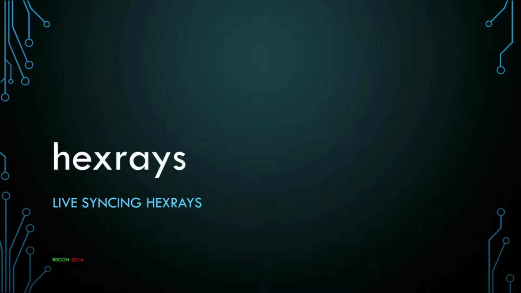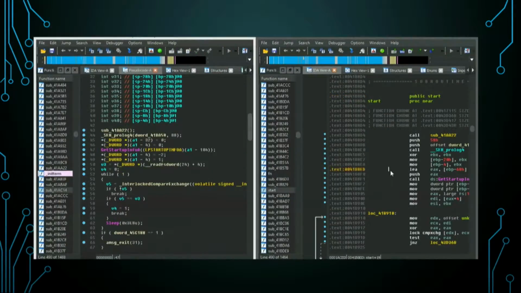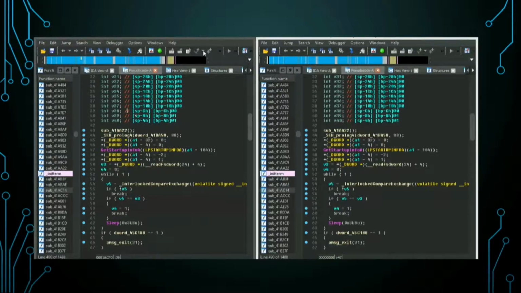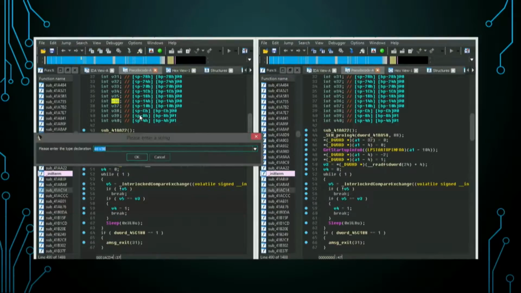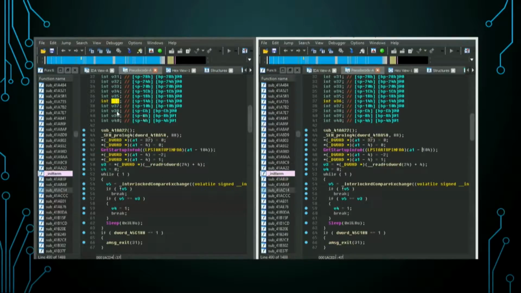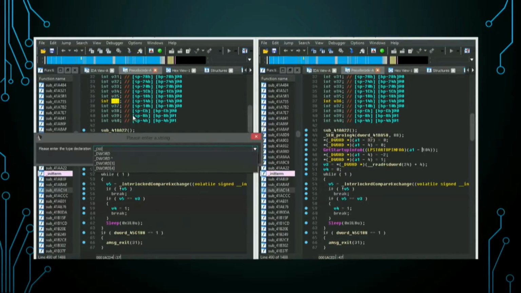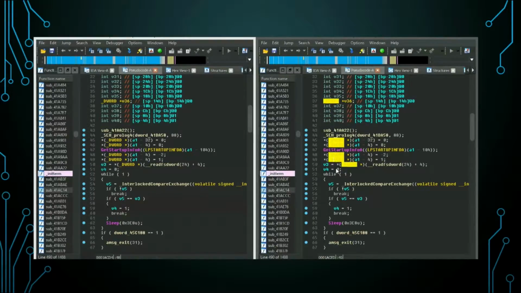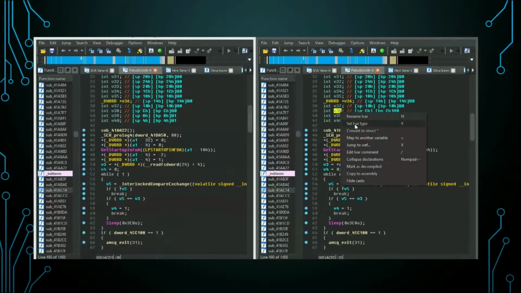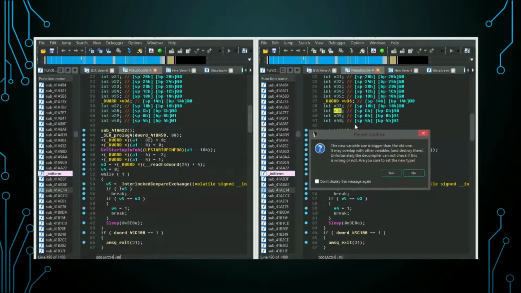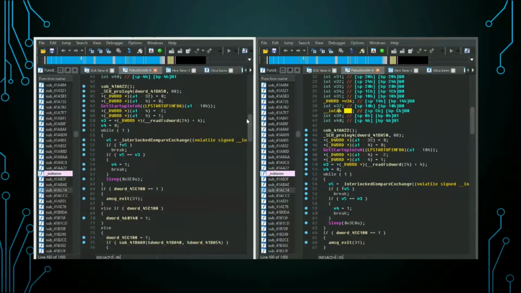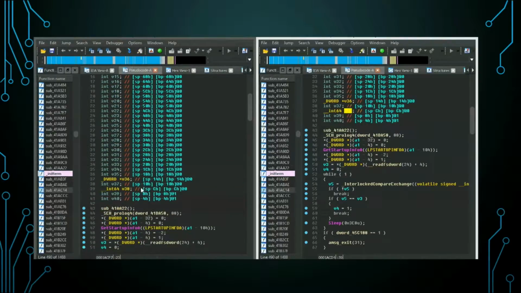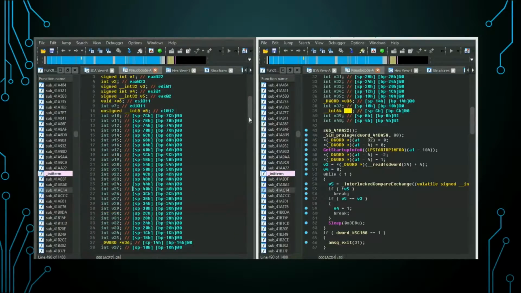Hex-Rays. So we said we want to do Hex-Rays. Started working on it. I haven't worked on it in a little while. It is definitely feasible. This kind of demos some of it. This GIF's a little bit old. Yeah, so we are doing some different type changes and structural manipulation within the actual Hex-Rays window, and it's syncing up to the other person who's also within a Hex-Rays window, and so that way you don't have to work at assembly level if you don't want. Yeah, so I mean, we all use Hex-Rays so much nowadays. It's a skill to be good at it. A lot of people just press F5 and are like, oh, this is unreadable. But,